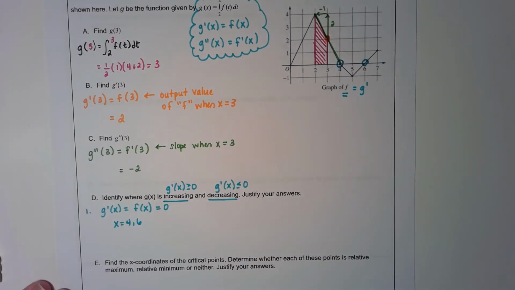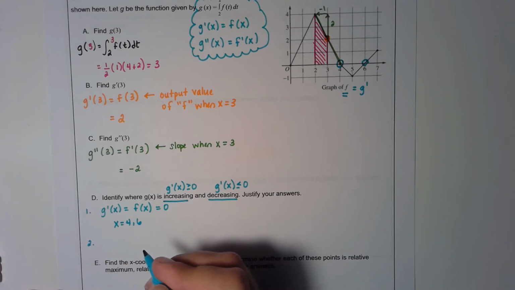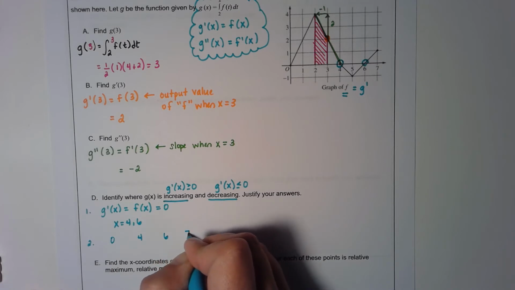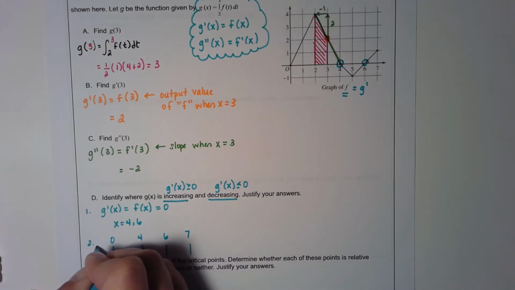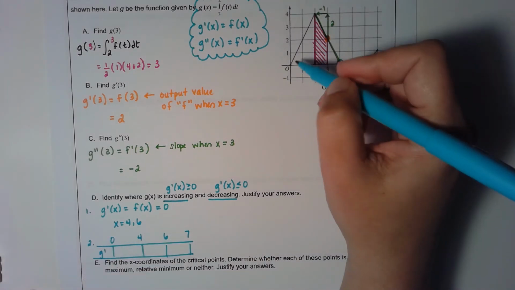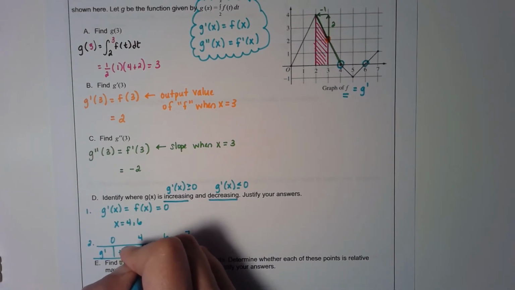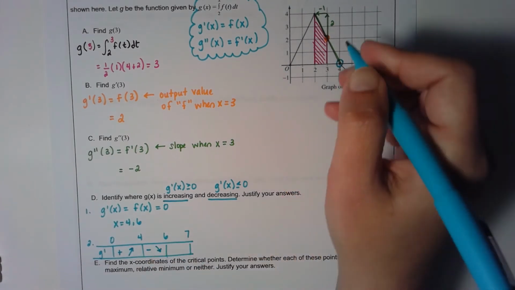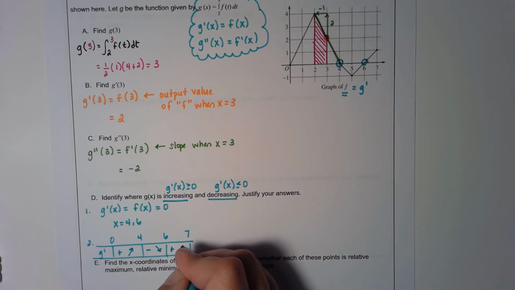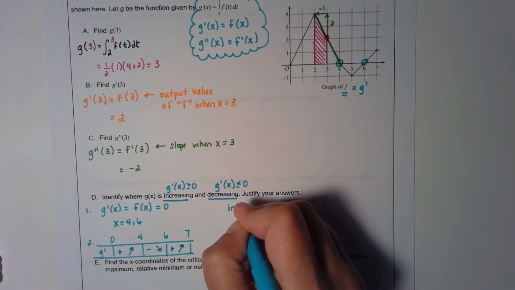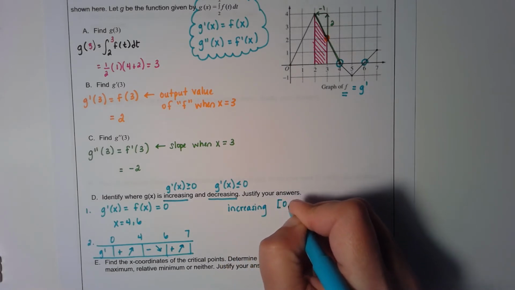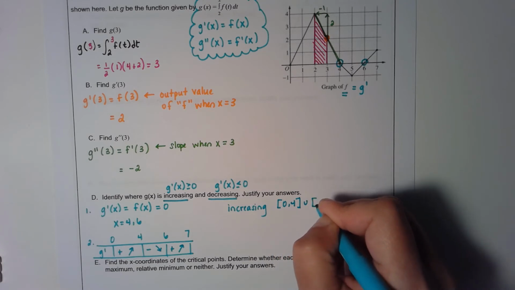That's where it switches. Now, the second thing we're going to do is make a table of values, which means this graph goes from 0 and then 4 and then 6 and then 7. From 0 to 4, the graph is above the x-axis, so the original function is increasing. From 4 to 6, the graph is below the x-axis, so the original function is decreasing. And from 6 to 7, it's back above. So we would say that our function is increasing on the intervals from 0 to 4 and also from 6 to 7